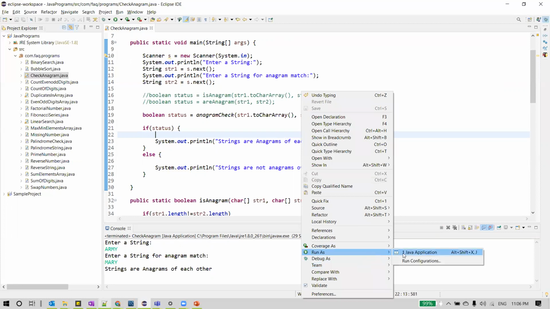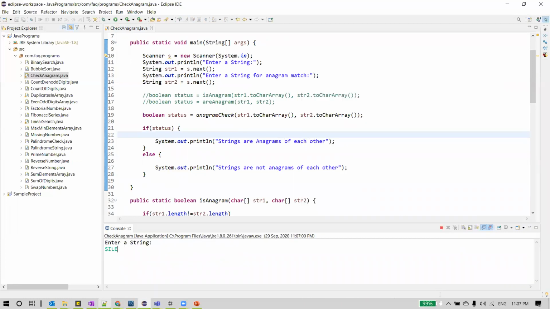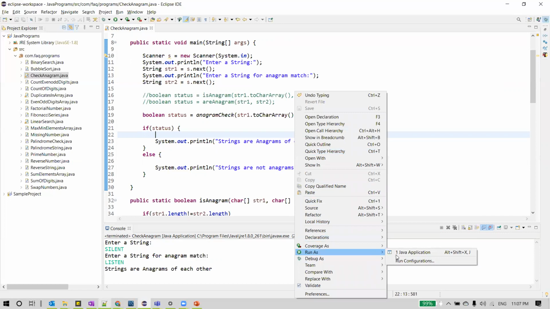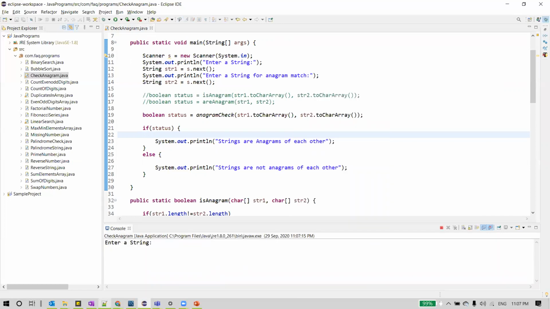Let me execute it for another example. Let's say for example this time I will say silent and then listen. And you can see here both strings are anagrams of each other. That is what it displays. And let's say for example again some A B C D, and then I'll say some A B C E. It says strings are not anagrams of each other.